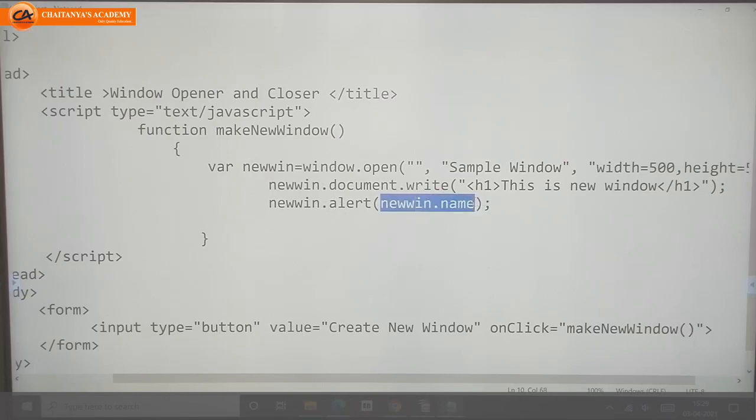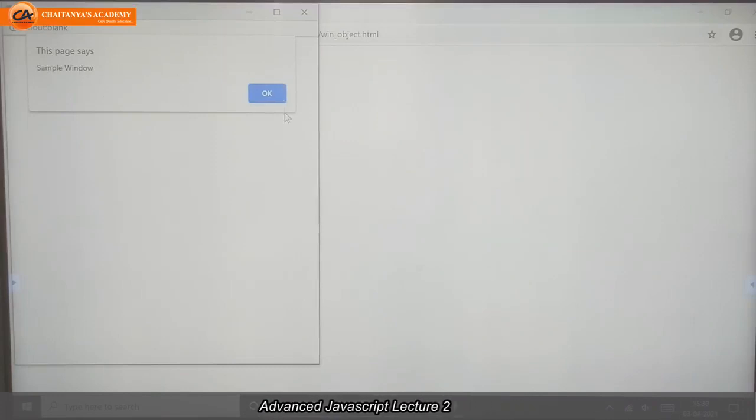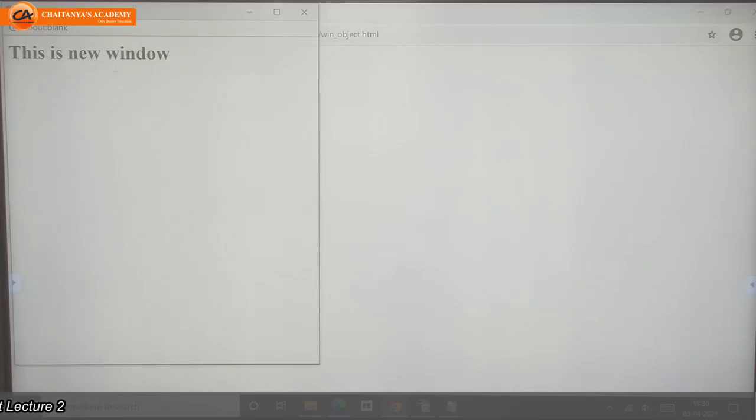If you want to display any message, or you want to display the name of the window, then you can call it name. This name is the property of this window. So new win dot name will get the output sample window. Okay, this is our window, and on that we will get the